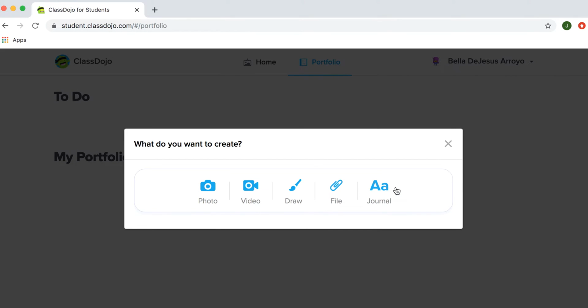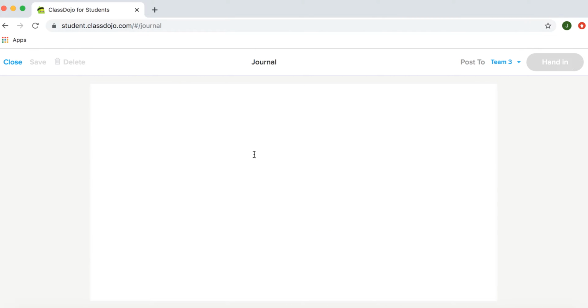Like I said, let's say I gave you the example of what was your favorite part in the story after watching that video. Please write a ClassDojo journal on it. So you're going to click on journal, and there you can write your answer. So my favorite part was